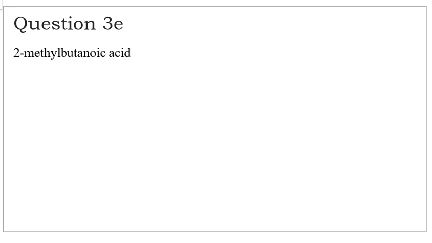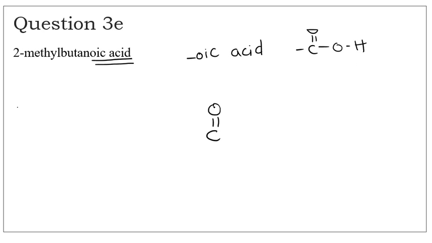3E. Now, the carboxylic acid, it's always interesting to practice. If it ends with oic acid, you need to know what this looks like. Oic acid is the suffix for the carboxyl group, which is C double bond O, O, H. So I know that it's going to end with C double bond O, O, H. This is the most common mistake when it comes to drawing out